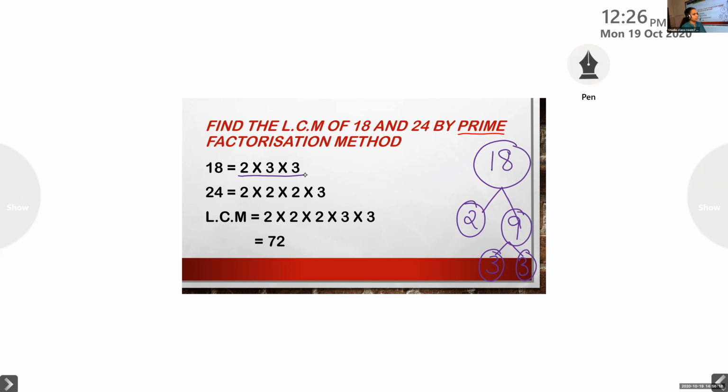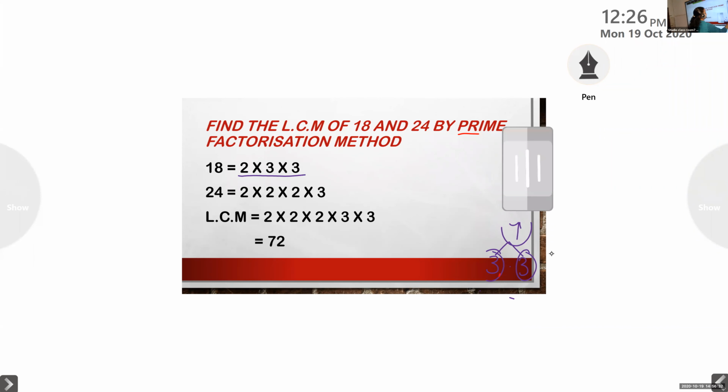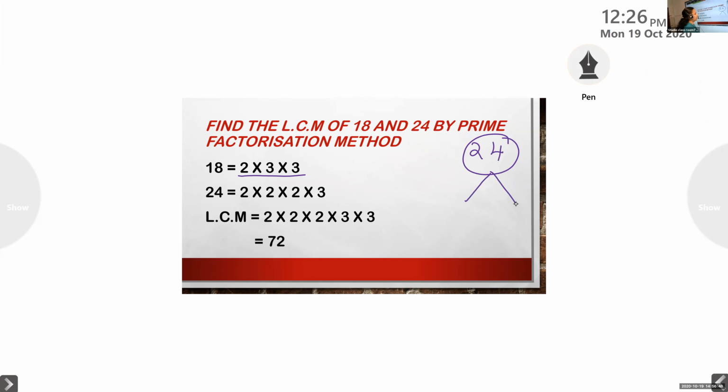So what is prime factorization? The number can be expressed as the product of prime numbers. So 18, using the factor tree, we have written 18, and we can find out the prime numbers. Next one here, Adinath, please unmute. In the same question we have 24. I want to find the prime factors. Okay, 24. How can I write?